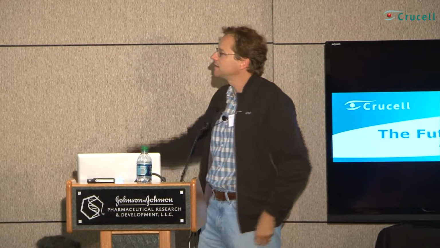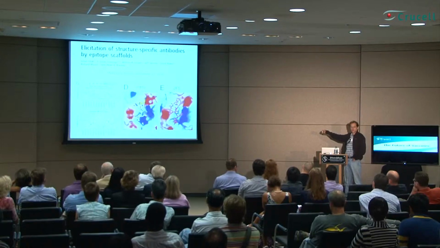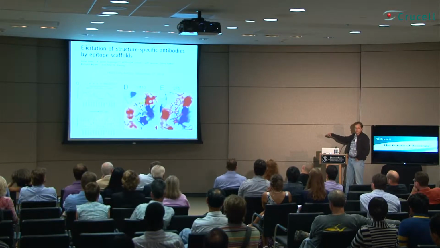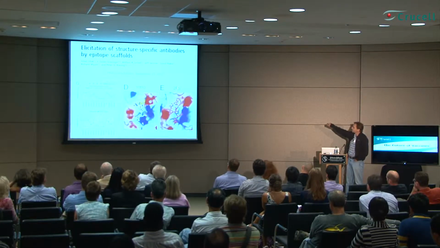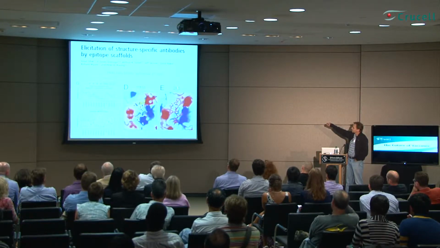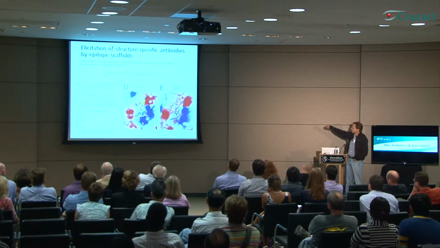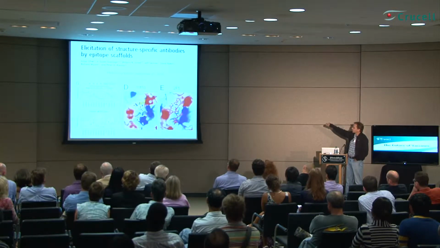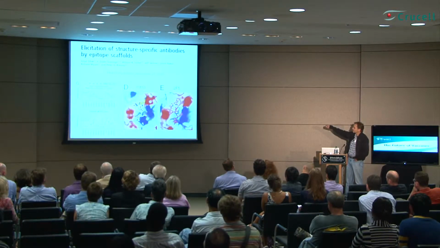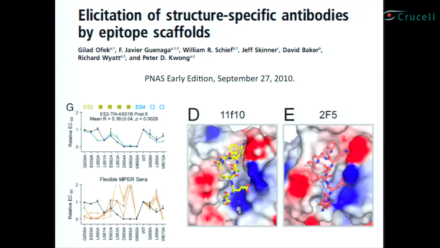And Peter and Adi went one step further, and they made mouse monoclonals from mice immunized with a heterologous prime boost of the scaffolds that I designed, and they solved the crystal structure of several of those mouse monoclonals bound to the 2F5 peptide. And in this paper, there's a figure that shows 2F5 in the surface here, bound to the 2F5 peptide, and this is 11F10, one of these mouse monoclonals elicited by the scaffolds in the surface, bound to the 2F5 peptide. And you can see the electrostatics of the antibodies are similar, and the bound conformation of the epitope is